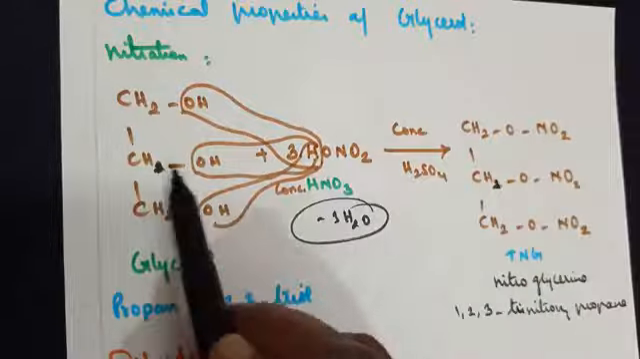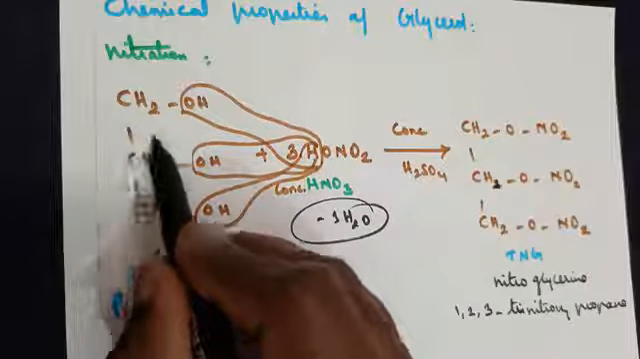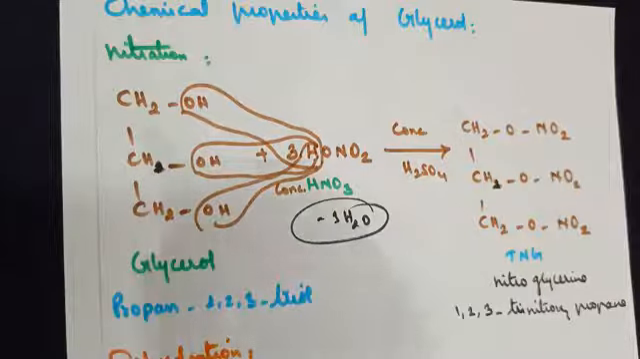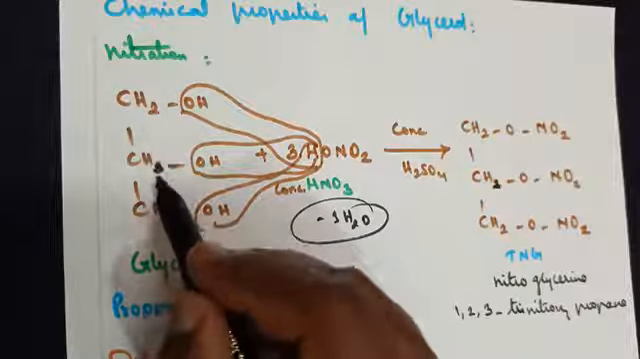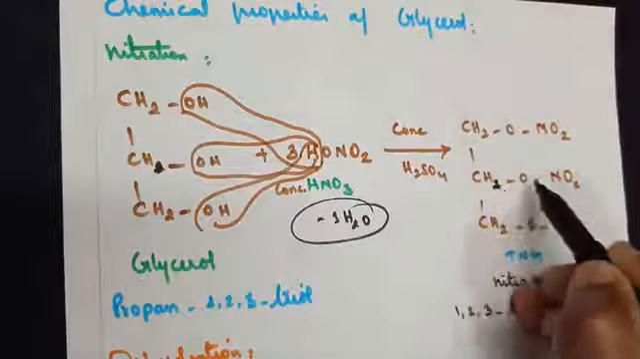CH2ONO2, CHONO2. If you want to count the number of bonds around the carbon, 1, 2, 3, 4, it's balanced. So do not make the mistake of writing CH2, CH2, CH2. The number of bonds will go wrong here. So CHONO2,